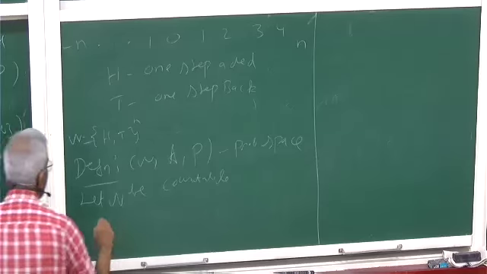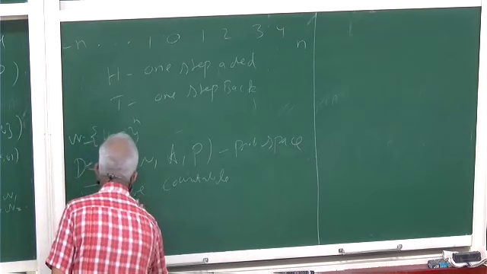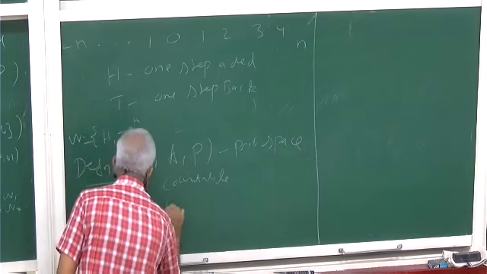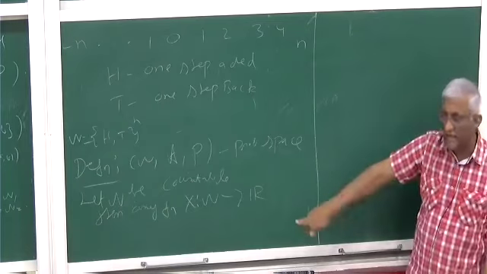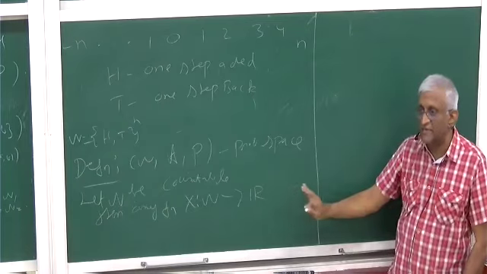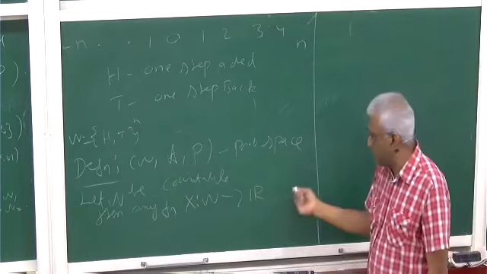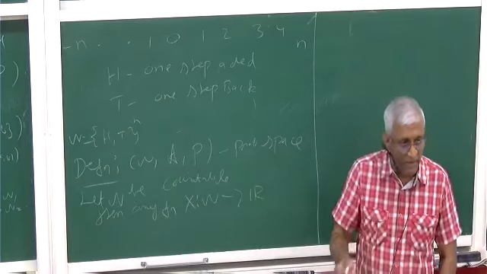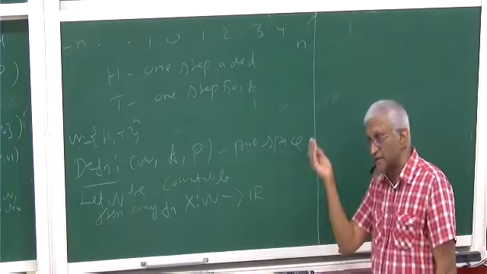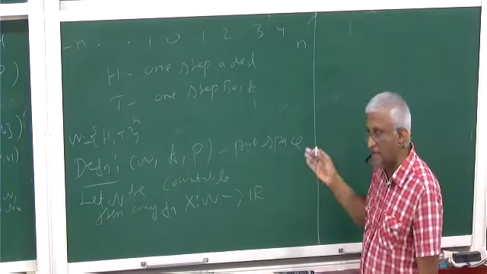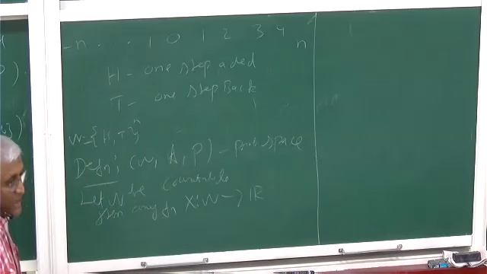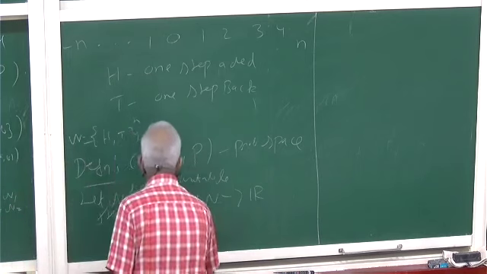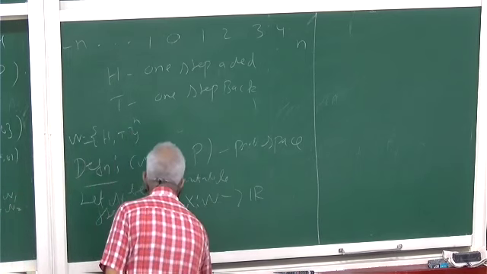Then any function X from omega to R. This R can be C, or a vector space R^n, or it can be any space, any vector space or something. Whatever you need according to your experiment, you can vary it. Then it's called a complex random variable, or you should call it by a different name. For the time being we are using only real variables, so these are real random variables. Any function is called a random variable. That's all.